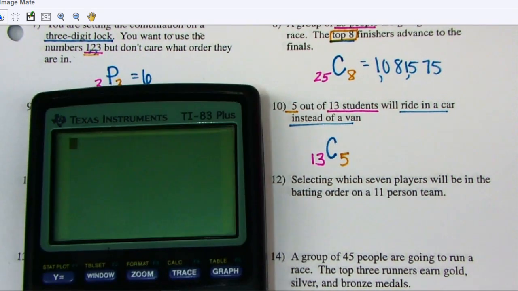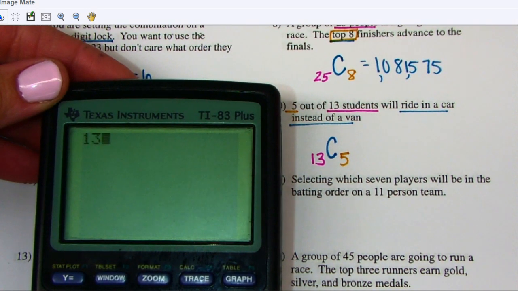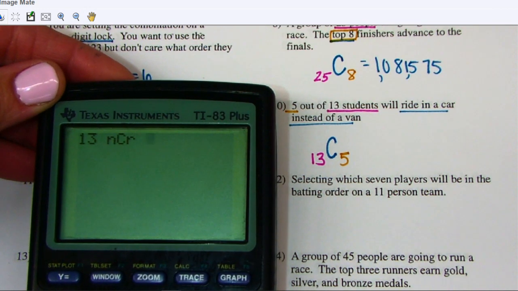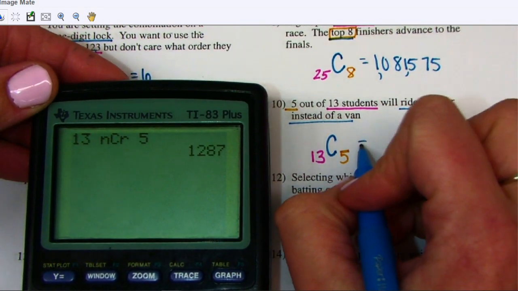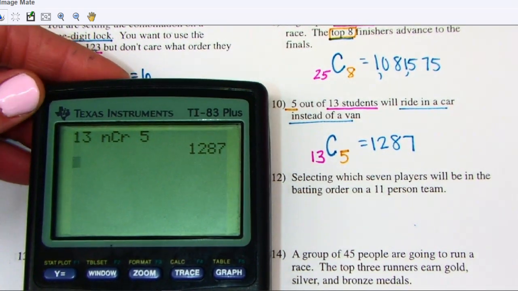Switch interfaces again, just to go back and forth between the two. I'm hoping that if you have a newer calculator, you obviously know how to do it by now. But these are the calculators I have in our class. So I want to make sure that I am covering how to do these because I don't expect you to buy like a color calculator. So there are